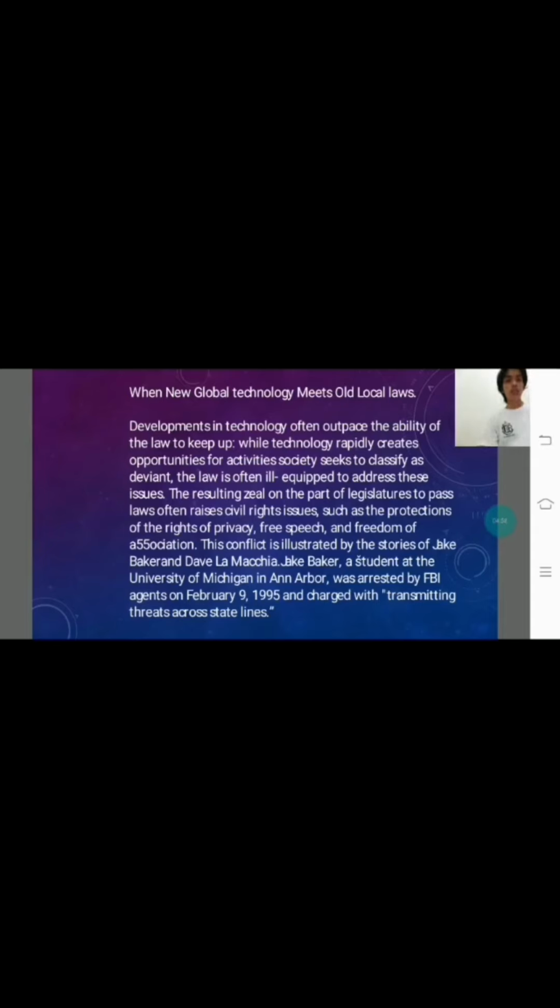The resulting zeal on the part of legislatures to pass laws often raises civil rights issues such as the protection of the right of privacy, free speech, and freedom of association. This conflict is illustrated by the story of Jake Baker, a student at the University